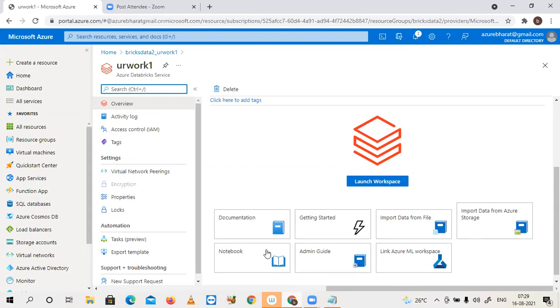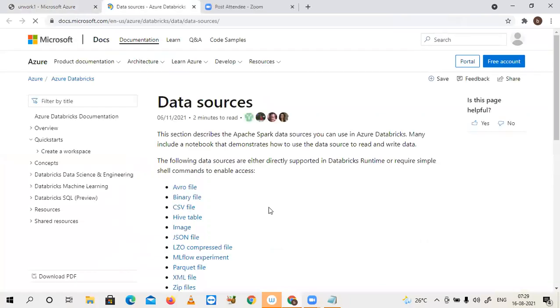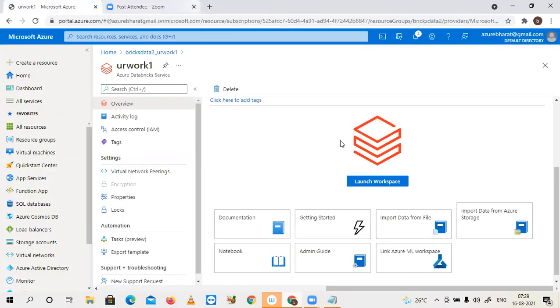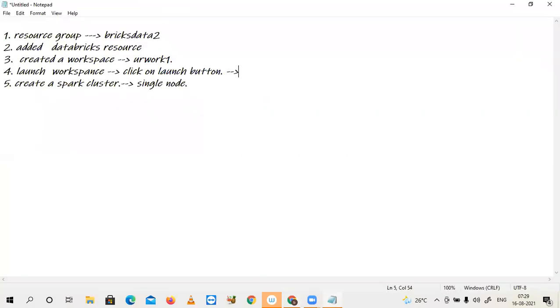If you click on anything, it will open Microsoft docs.microsoft.com like this. If you want to go through any documentation related to services, just go through that. So here I am going to launch the workspace. When you launch the workspace, the Databricks portal will be opened.